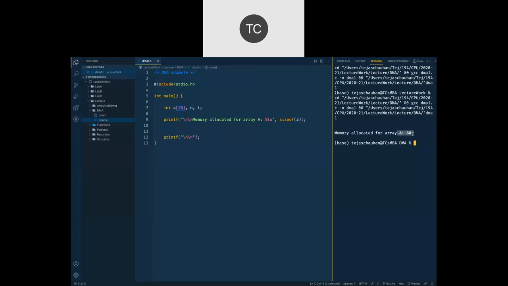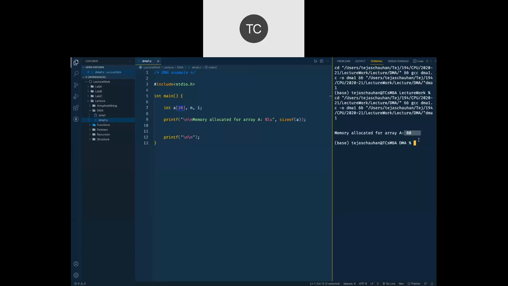अभी तक हमने एक भी वैल्यू यूजर के पास से गेट नहीं की है, ना ही हमने उसको स्टोर किया है. But still, the block of 80 bytes has been allocated to us. वो 80 bytes का ब्लॉक जो है मेमोरी के अंदर वो रिजर्व करके रख दिया है. It has been reserved for us to store some data.